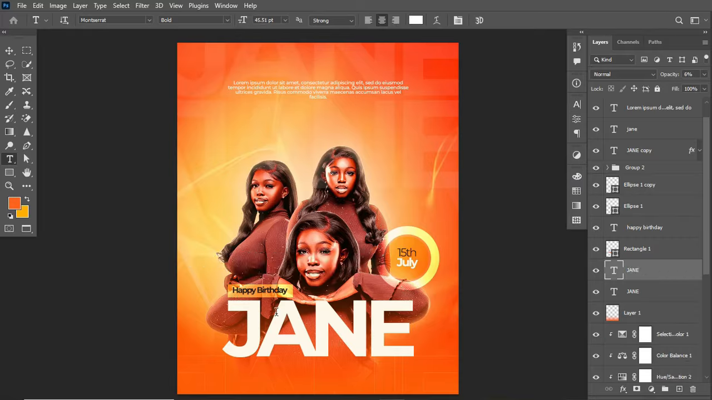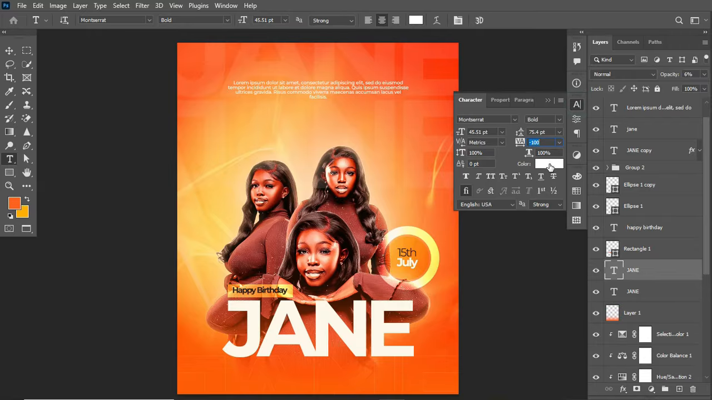So moving on as well, I placed in this text over here. All I had to do was to type in the text using the font called Montserrat, okay. And all I had to do was to reduce the opacity. I typed it with a white text and reduced the opacity to